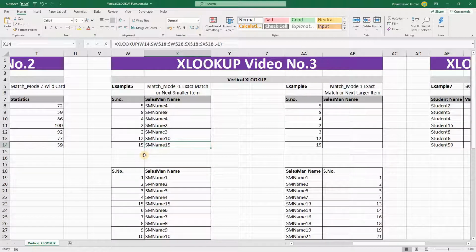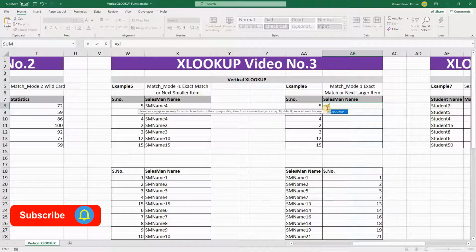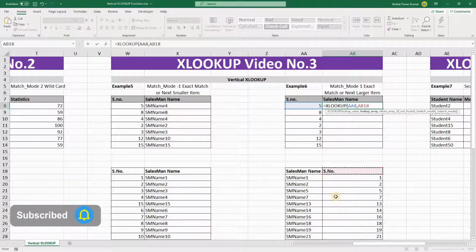Now we are going to look at example 6, which is quite the opposite of example 5. It's going to check for exact match. If it is not available, then it's going to pick up the next larger item. Here I'm going to write XLOOKUP, and the lookup value will be the serial number, and lookup array will be the serial number column in the source table.